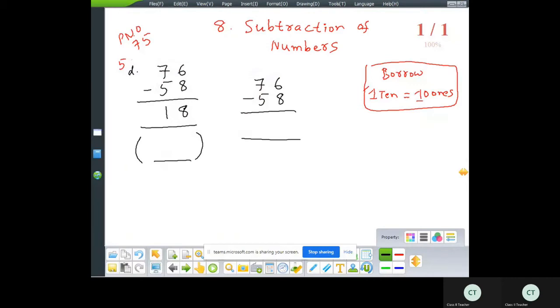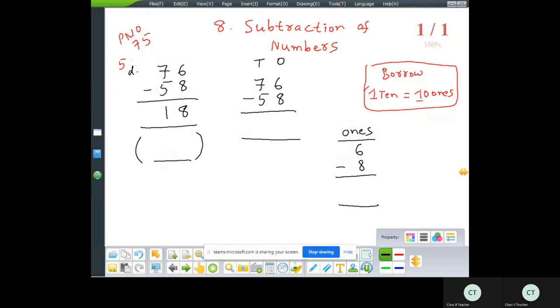top. 58 is the small number, that is on the bottom. A subtraction happens from a bigger number to a small number. We take the small number from the big number. Yes, here subtraction is possible. Write the place values 1 and 10. Now subtraction on 1's place. The digits in the 1's place are 6 and 8. 6 minus 8. We cannot take 8 from 6. Here 8 is a bigger number than 6. We cannot take a bigger number from a small number.